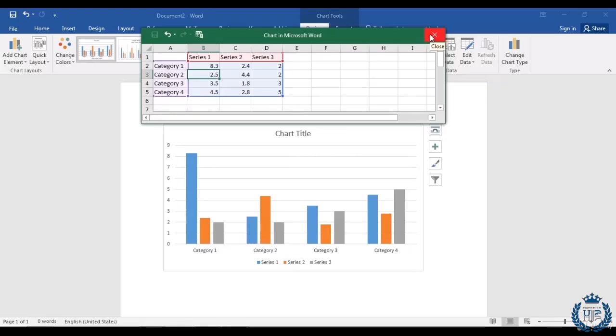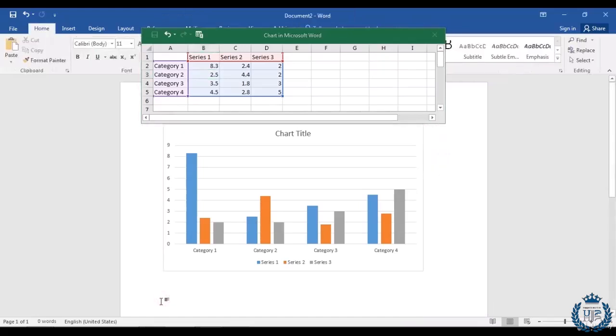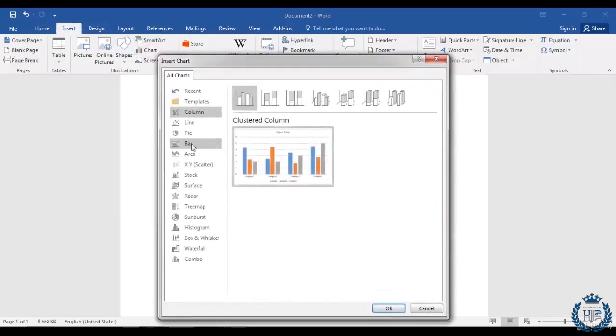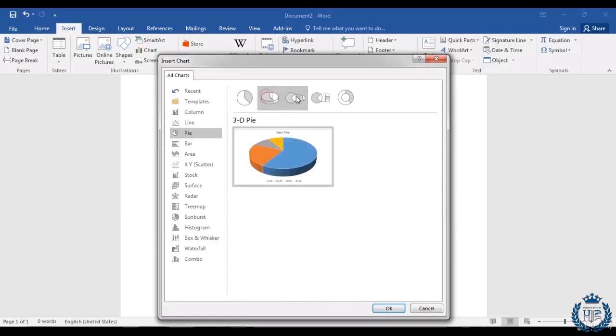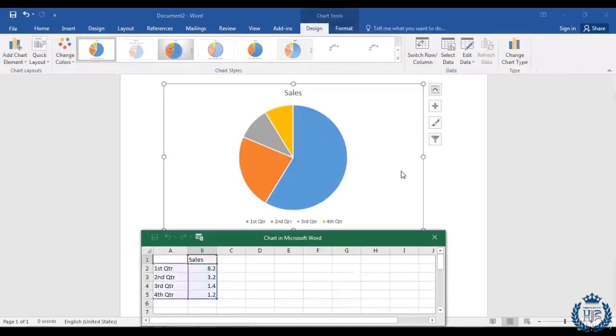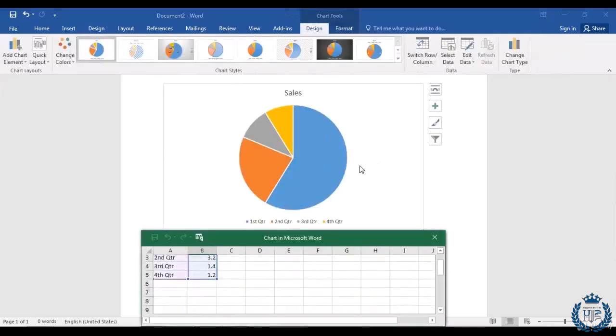So if you want to add a circle chart or any other kind of chart, then let's take a look at how to use the circle chart in Microsoft Word. To enter a circle chart, you have to select the insert menu, and from the chart option, you will get this pie option. You can select it in here, and there are different types of designs. You can choose as you want. I'm selecting these options and pressing the OK button, and here we go, our circle chart is in here, and